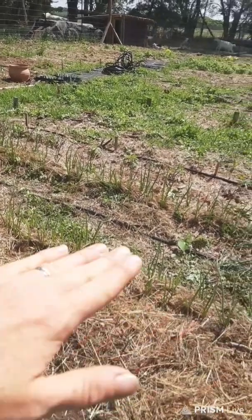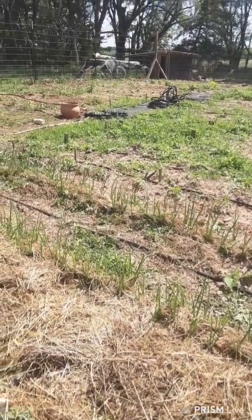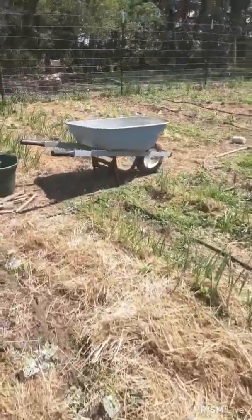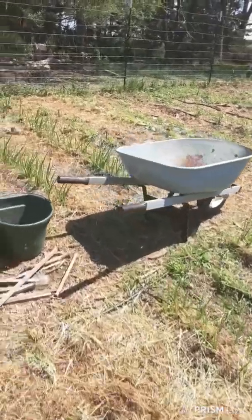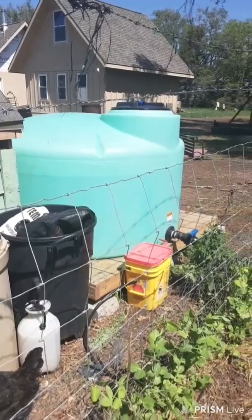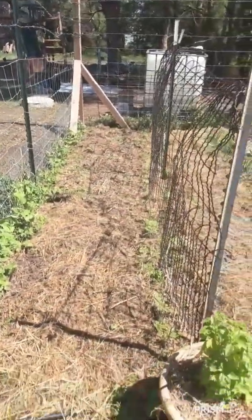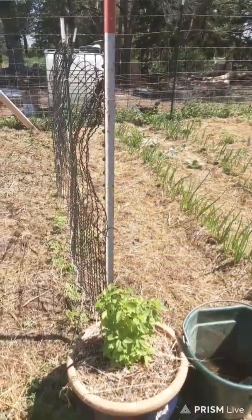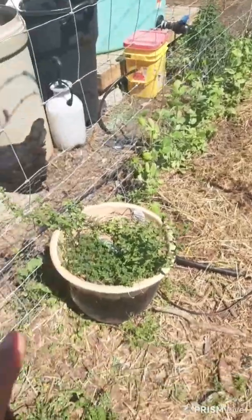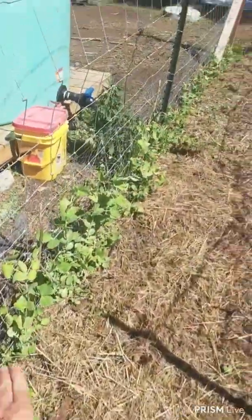And you can also see the black lines. That's all drip line that I installed by myself with the kids this year. So each row has its own drip line. I went ahead and moved an old water tank that we have here, and it's actually just all gravity fed, with the eventual goal of, once the plastic gets on the greenhouse, having this tank over here filled with rainwater. I have a couple of herbs in these two planters, and then sweet peas along here,